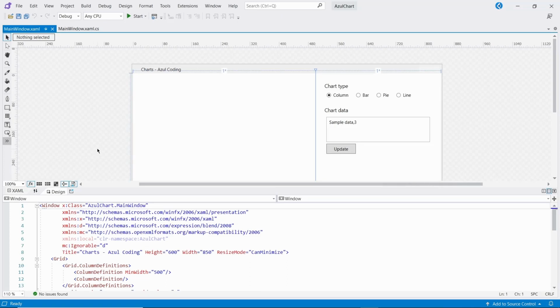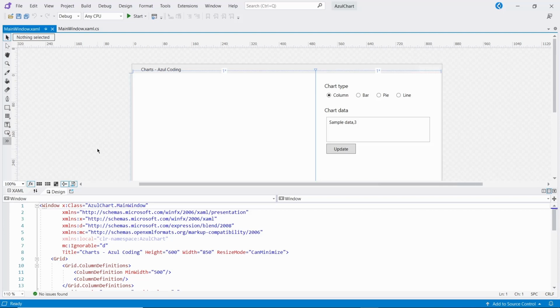In this video I'll show you how to create a chart in WPF. This is part 1. In part 2 I'll show you how to customize that chart and export it as an image. As always, there'll be a link to all the code in the description down below. I'll be writing this in C#, but there's a VB.NET translation available if you follow the link and scroll down.